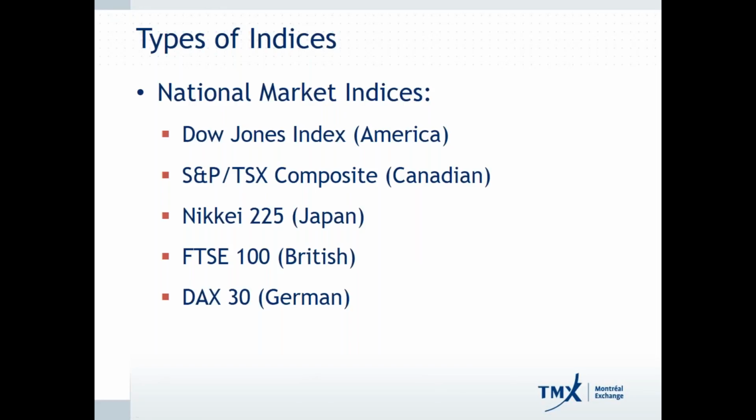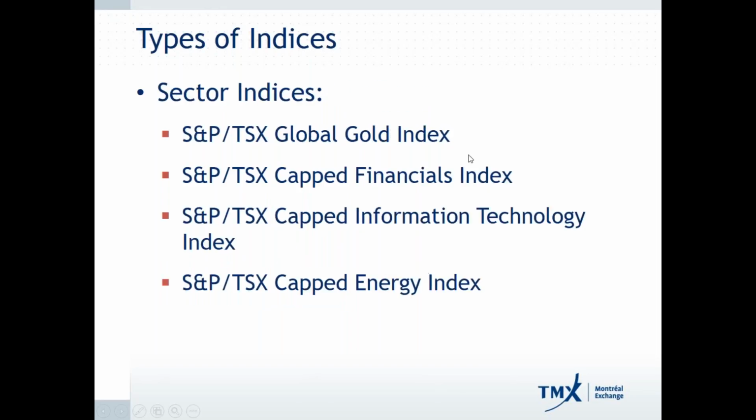Now, quite often when you're tracking the markets, and maybe you wake up and put BNN or CNBC on, you'll see different indices being quoted. Typically for the United States, you'll be looking at the performance of the Dow Jones or the S&P 500. In Canada, there's the S&P TSX Composite, and Japan has the Nikkei 225. Britain has the FTSE 100, and Germany has the DAX 30. A lot of investors will use these particular indices as a way to get a feel for how the global markets are trading on a day-to-day basis.